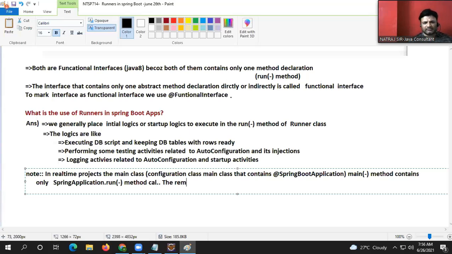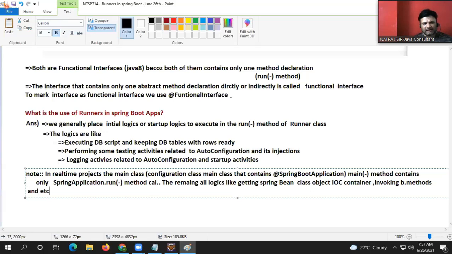The remaining logic, like getting the bean from the Spring container, getting the Spring bean class object from the IOC container, invoking business methods, and so on, will be done